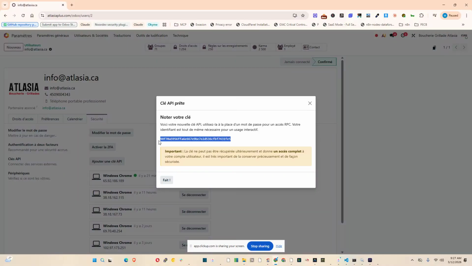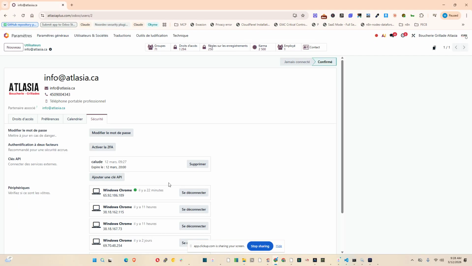This is the key. I will remove it later. I just will put it somewhere where I can find it quickly. Okay, this one, the key, you are going to use it later. So it works now. So the next thing you have to do, you have to click here on users and